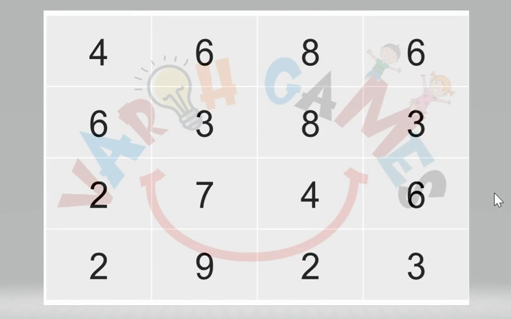Hi kids! This time let's learn about a new number game. This is very interesting. It's like a magic square where there are certain numbers in this box, and by using numbers in each row and column we have to arrive at the desired number which has been already told to you. So in this case, we had to add numbers in rows and columns to get number 12.